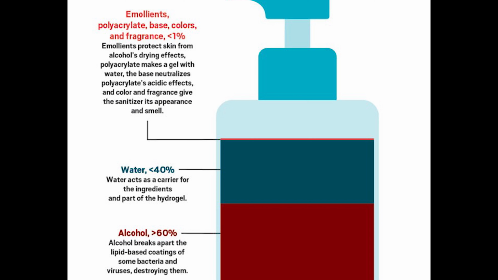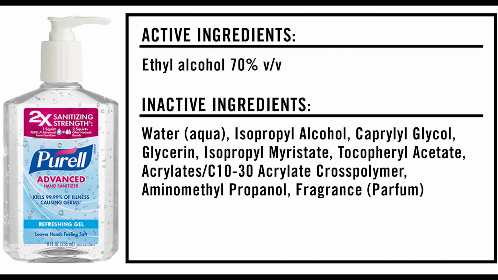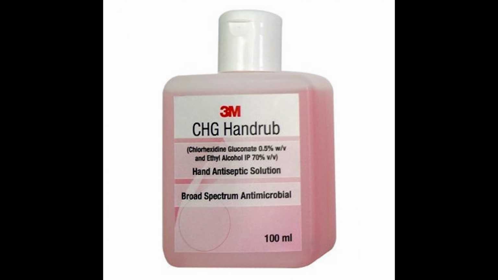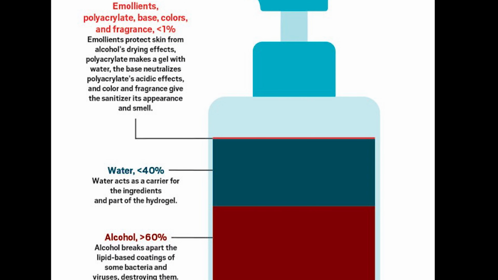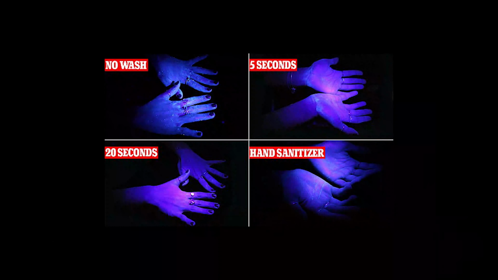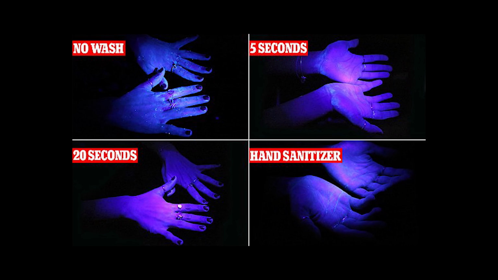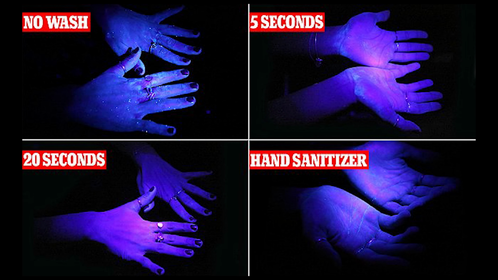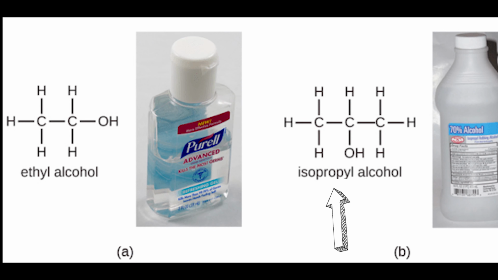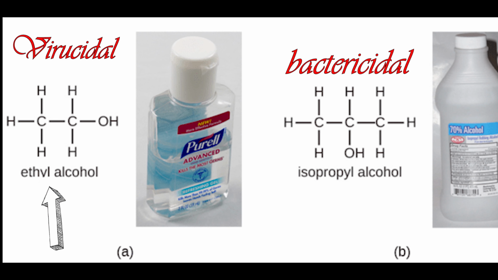If you have noticed, hand rubs with alcohol have low levels of other chemicals and are sold frequently because alcohol needs a vehicle, for example chlorhexidine. As alcohol evaporates easily, an emollient can reduce the rate of evaporation as well as remain on the skin following the evaporation of alcohol. Please note that isopropyl alcohol is slightly more bactericidal and ethyl alcohol is more potent against viruses.